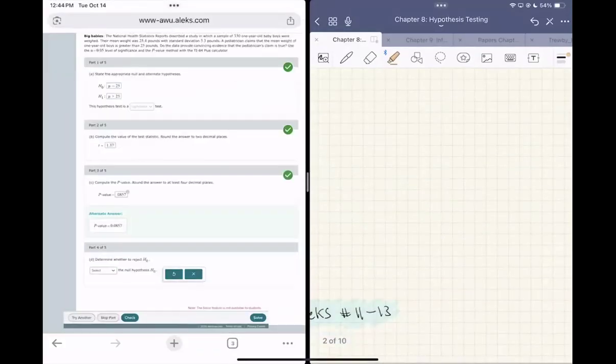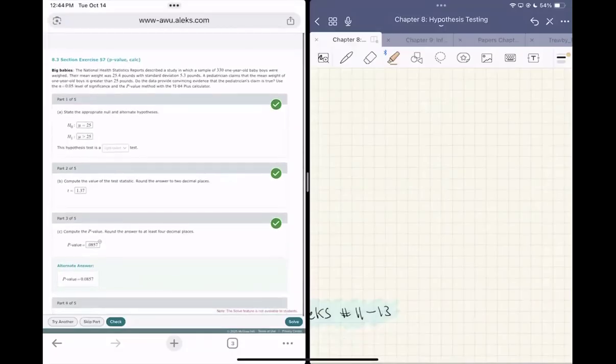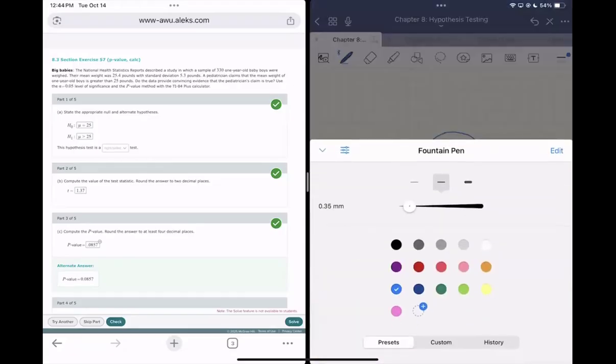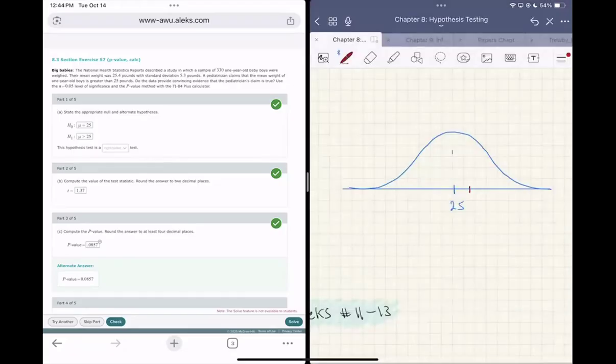Okay, so we're sort of here. Let's see if I can scale this down a bit. So here's what's going on. Let's get a line. We'll get a little curve, and the mean is 25. Now we go out and we sample and we're here. X bar is 25.4. Now, because the alternative hypothesis, H1, is right-tailed,